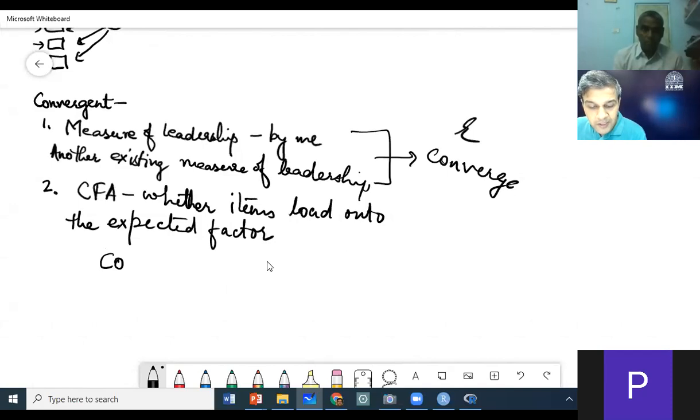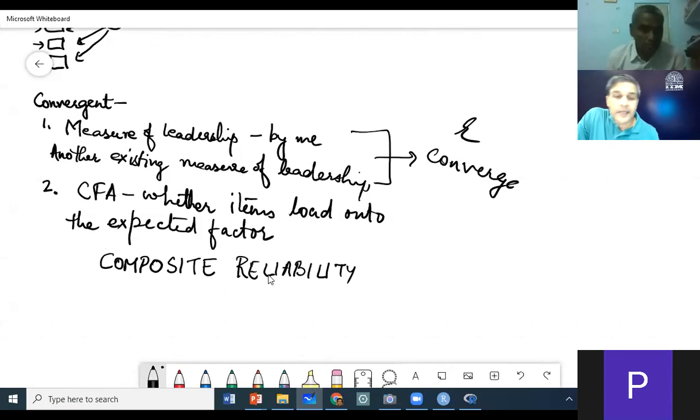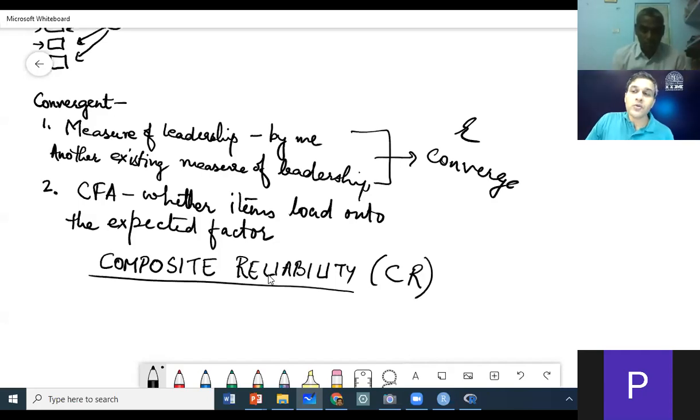Some of you may have heard of this. We will compute another indicator, which we call composite reliability. We will compute another indicator of convergent validity, which is called composite reliability in the literature. It is similar to alpha.